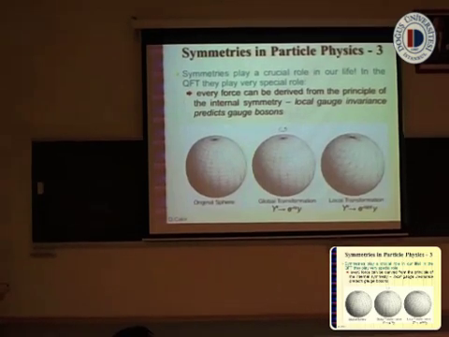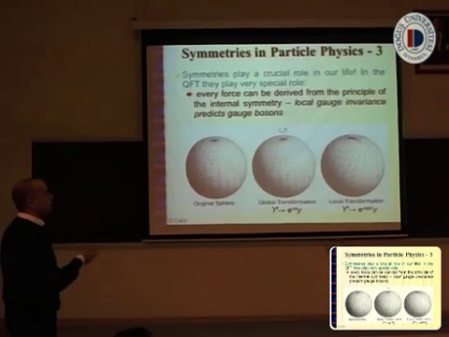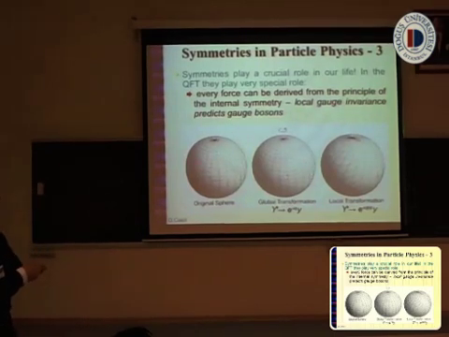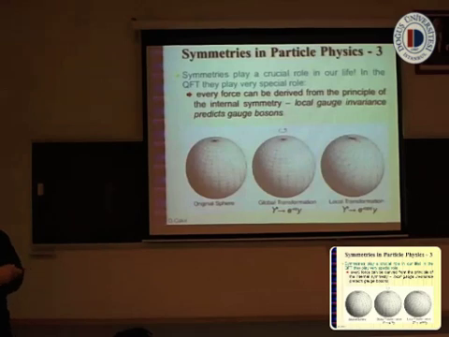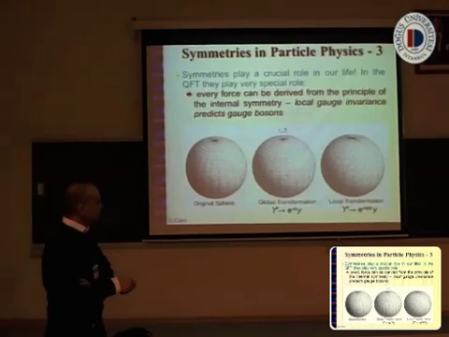Every force can be derived from the principle of internal symmetry, and the local gauge invariance predicts gauge bosons. That's why we have to understand what the gauge symmetry, gauge invariance is. So we can take a sphere in this figure. If we apply a global transformation, then we can rotate this sphere around this axis. Then we do the global transformation, which means that here e to the minus